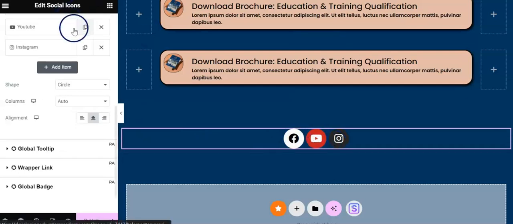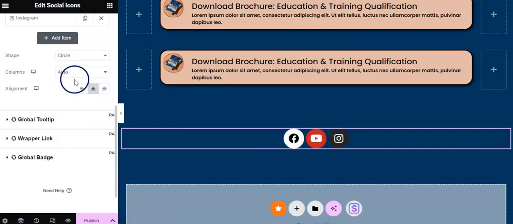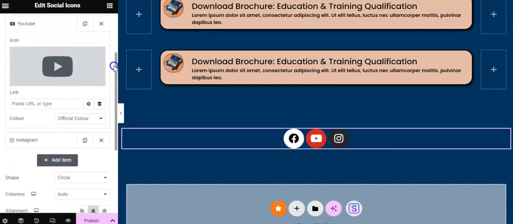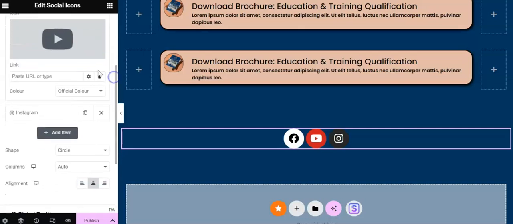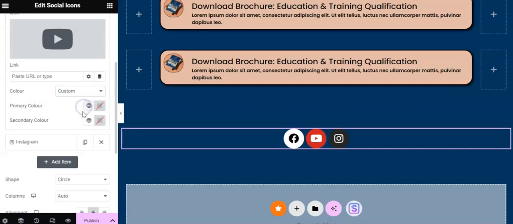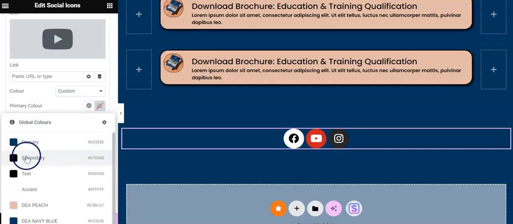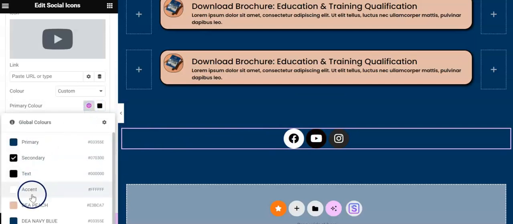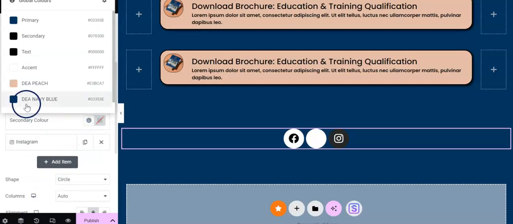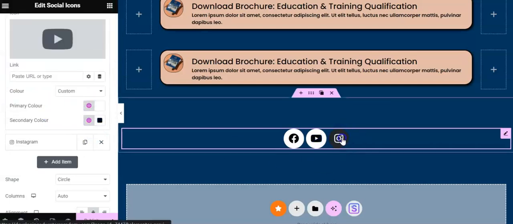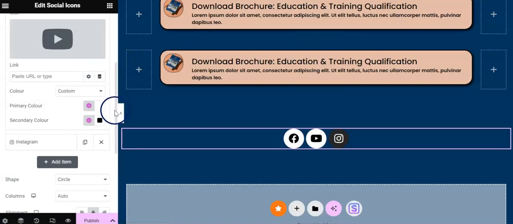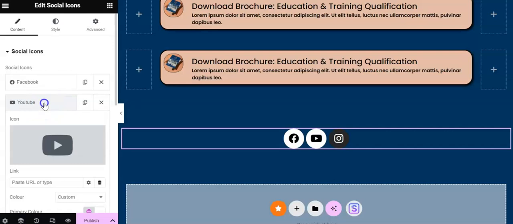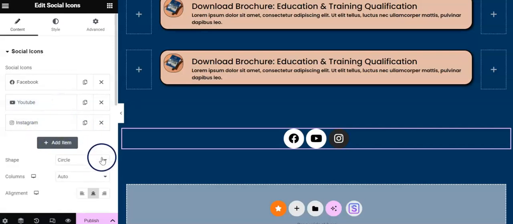And then I can go to YouTube, and again, I can customize that or keep it as it is. The YouTube color doesn't go with my branding, so I'm actually also going to change that. So from color, customize, go to primary color. So if I wanted black, white, I can do it that way, or just make sure that the main one and the secondary is black. And then I'm going to do the same with Instagram. So all you need to do is go to each section, just close that, go to Instagram,